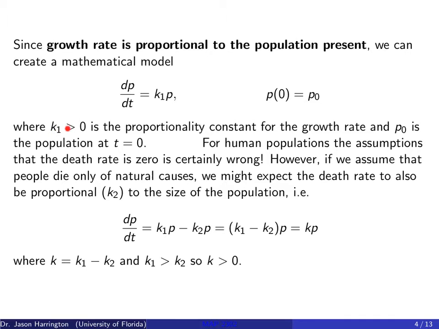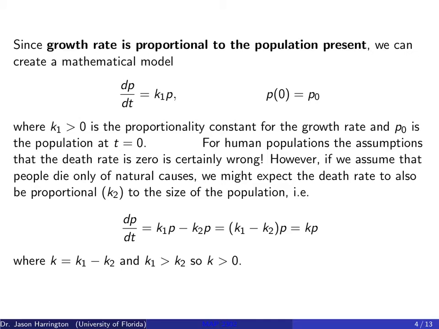Now we're going to assume that K1 is positive, so that there's going to be actual growth. If not, it would be decay, and that's perfectly okay. So if you ever read a math problem and it says that a culture is dying, for example, all that means is that you do the same thing I'm going to do, but this can just be a negative number. So in a nutshell, if you just leave this be any constant, plus or minus, at the end you can see, is it increasing or decreasing? Is it growing or decaying? And that also works for things like when you have radioactive material that decays over time. This is the model that you would use, and just the K1 would be negative.